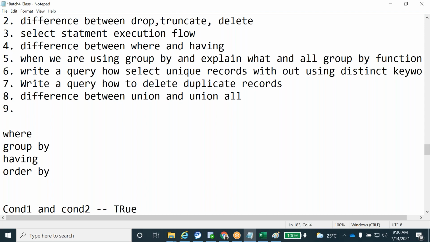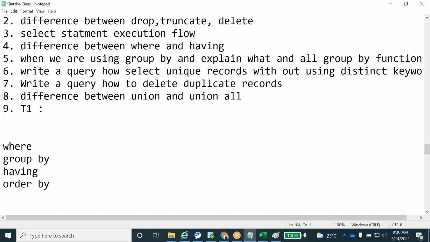Next, one more question. I'll give some tables. The T1 table has a column with data 1, 1, 2, 3, 4, and null. So total 6 records are there in the T1 table.